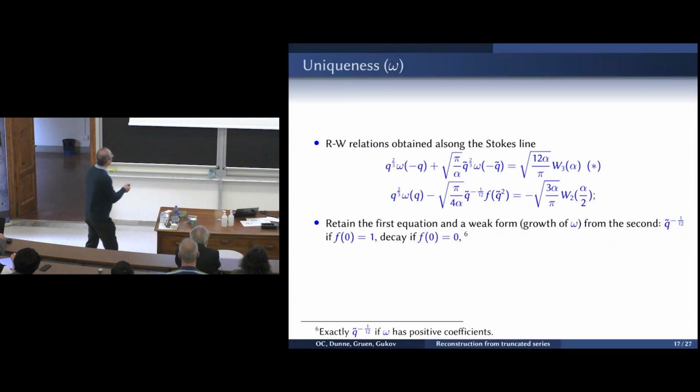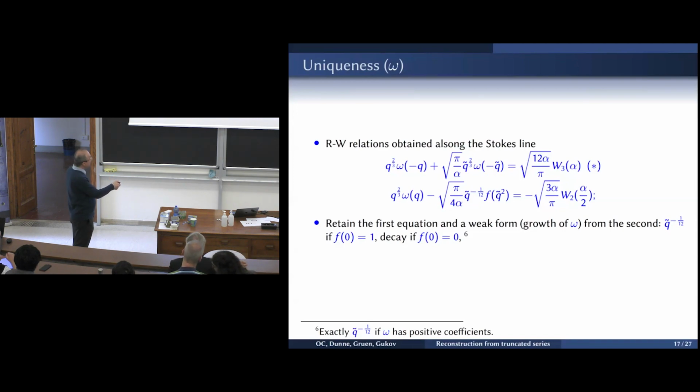So the proof is sort of exemplified on the function omega of Ramanujan-Watson, in fact, of Watson. So these are two relations satisfied by omega, this in itself, and the second one with its partner function f, with respect to two model integrals. We retain the first identity as an identity, and from the second one, we could retain the whole of it. It's sufficient to retain a growth condition, which is what? If you look here, omega of q is related to f of q1,